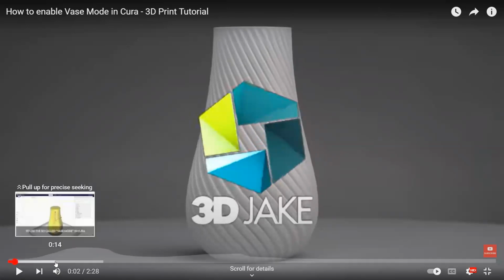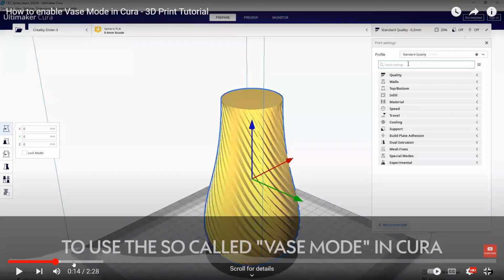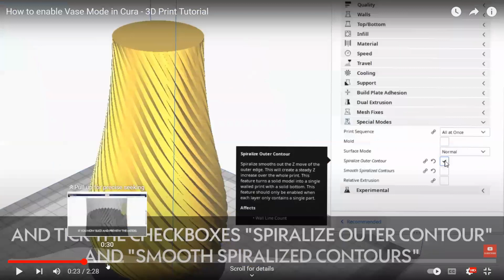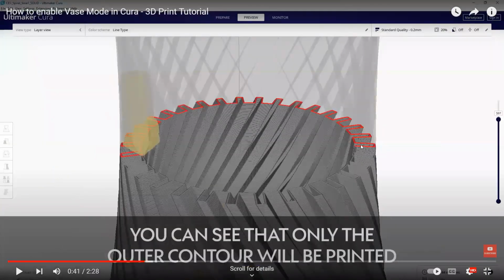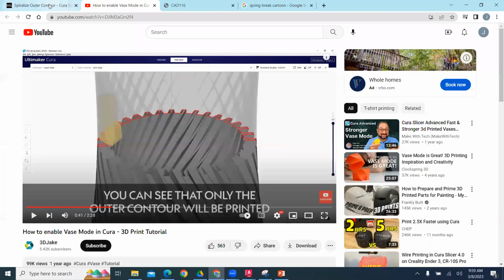This is a video. Here we go on how to enable spiralized outer contour, but we have a video in here as well. It's a really quick and neat technology because it'll just do one pass and build the part up. And as we take a look at,